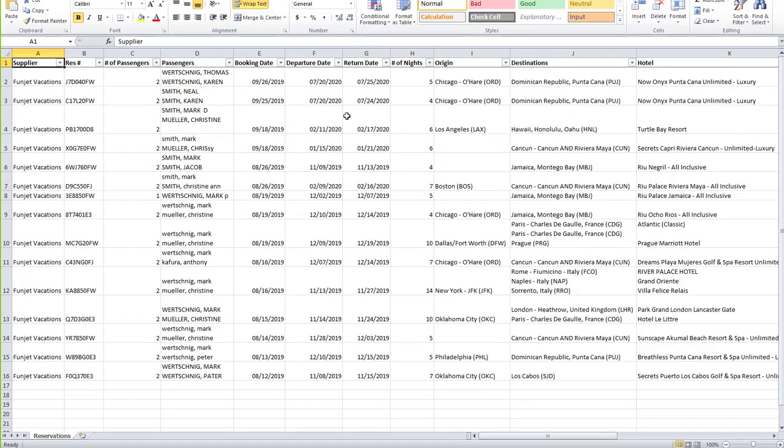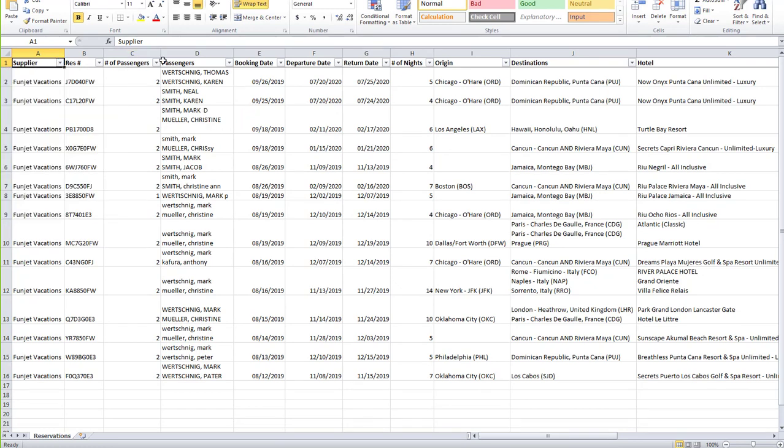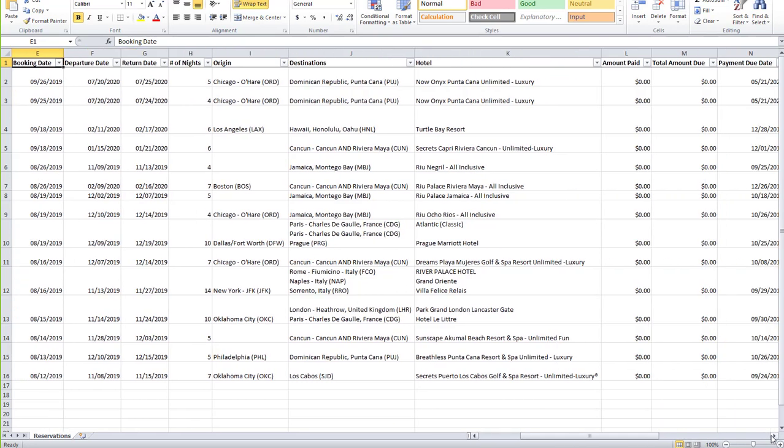And from here, you have different filters that you can use. If you just go with the Vax page, you can do your supplier, but because it's FunJet, it's only going to pull FunJet. Number of passengers, the passengers' names, booking dates, departure dates. So you can filter all this if you choose to. Number of nights, origin, your destination. But the real neat thing is if I scroll over here,